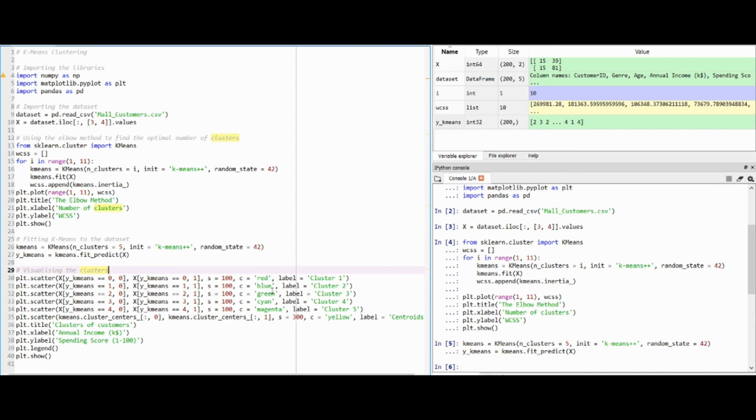Similarly, we will repeat this step for all the clusters.